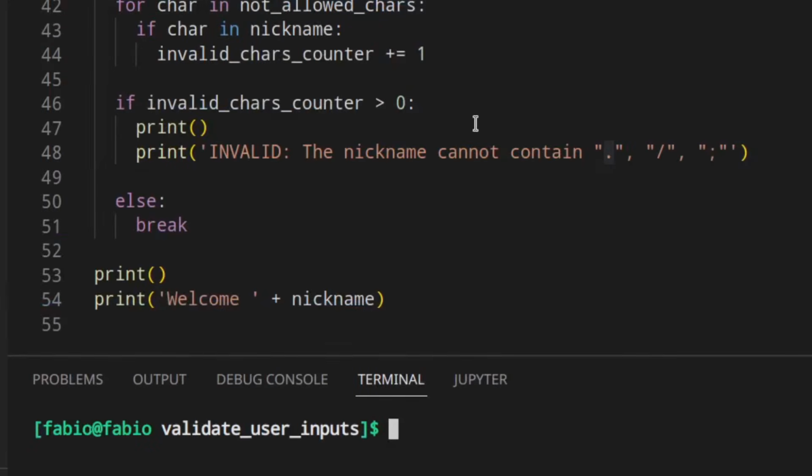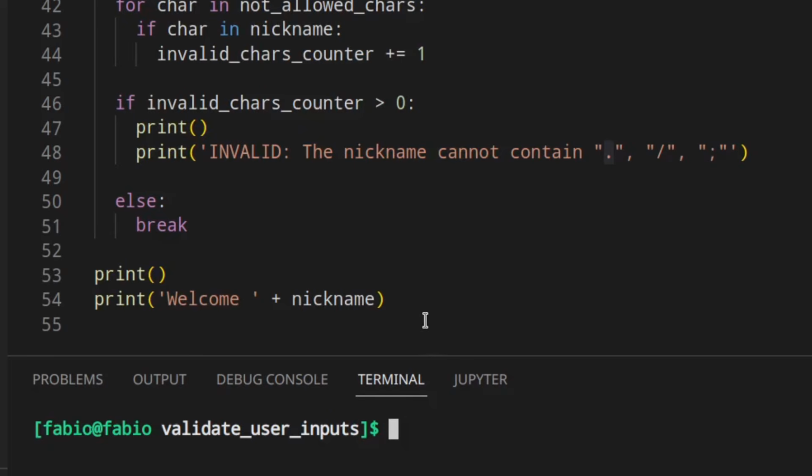Okay, then last but not least, maybe you want the user to enter only a specific set of letters or values. For example, 5 letters of the alphabet, or maybe all the letters of the alphabet, but not special characters and stuff like that. Or for example, you want the user to enter just 1 letter and not 3 or 4 letters, or a name, something like that. Like for the Hangman game, which I've made a video about. And here I'm gonna show you how you can do that.